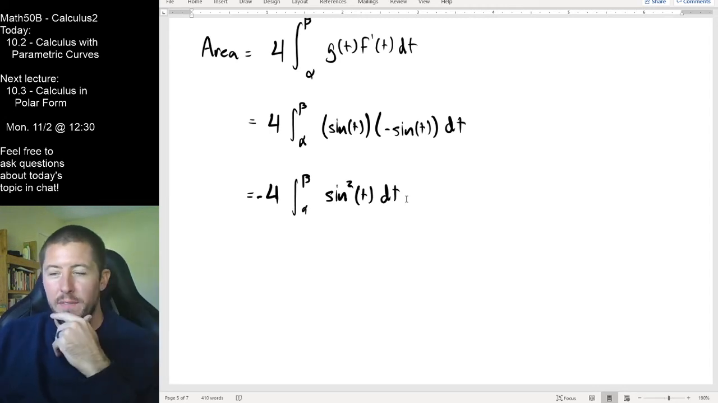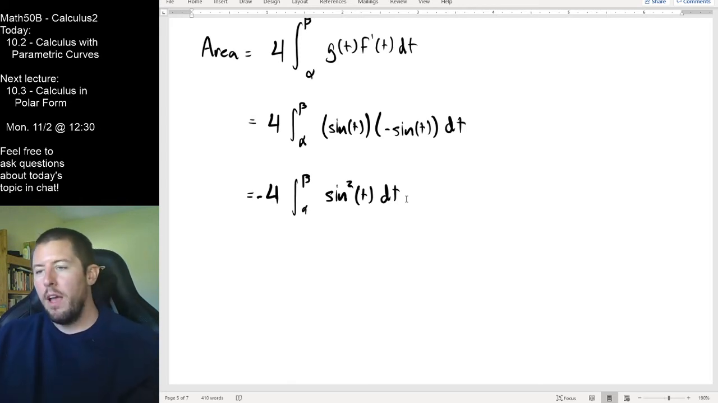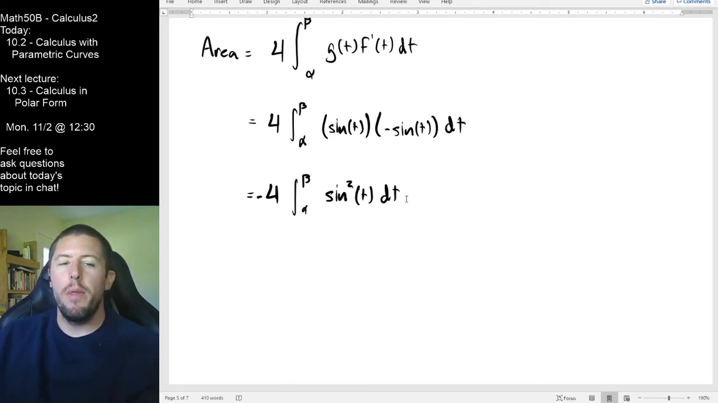My next thought to myself is it would be really cool if there was a t times cosine of t in here, because then I could do u as sine, and then my du would be handled, and I just get the integral of u squared. I don't have either of those things, but I do know that there is one other trig replacement that I could do here,